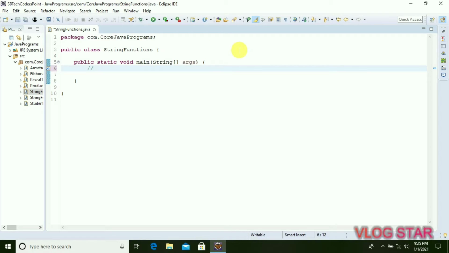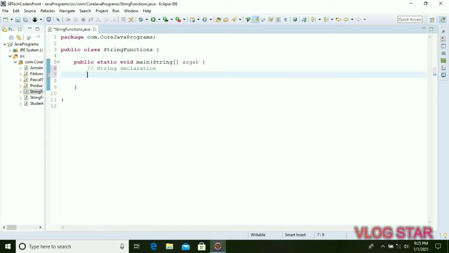Now first we will declare our strings. So we will declare by using both the ways. So we will give this comment, string declaration. This double slash we will use for a single line comment. Comments are nothing but more information or metadata about our program, and they don't affect our code.